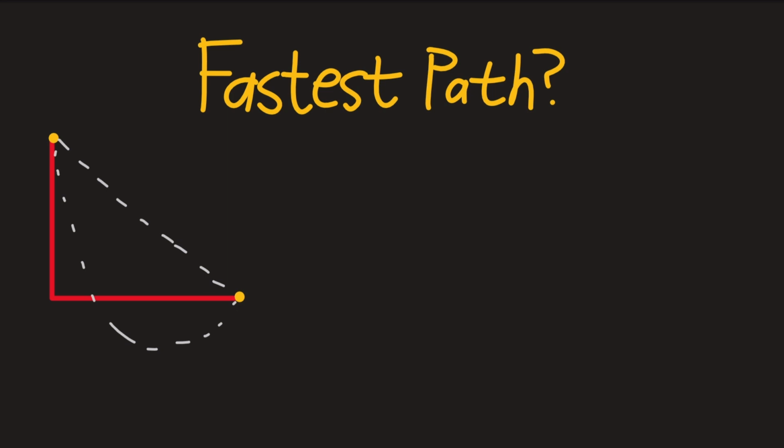And as per usual here, I'd like to start off with a question. I have 2 points. I have point A and I have point B. And if I were to roll a ball down some sort of path between these points, which path would make it to point B the fastest? That is to say, which one's going to minimize the amount of time taken traveling from point A to point B. And the way we're going to do this is taking a look